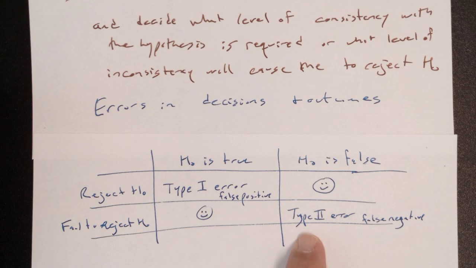That's not good. What's this mistake? They got away with it. Whatever it is, it could be murder, could be a speeding ticket. I don't know. They got away with it. Now, clearly, in our current system this is less bad than this. The current judicial system says it is better to let 10 guilty people go free than put one innocent person in jail. That's why the presumption of innocence exists.